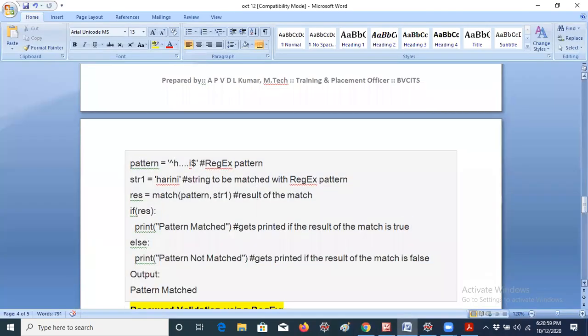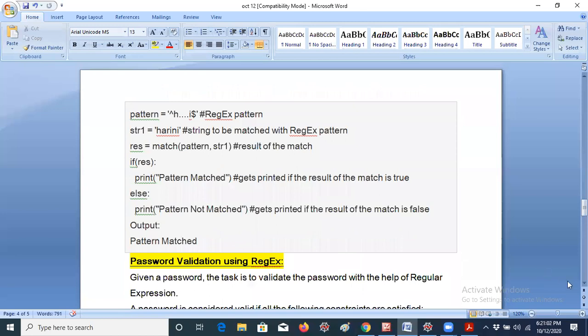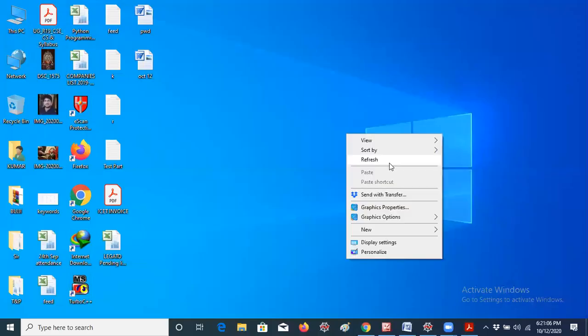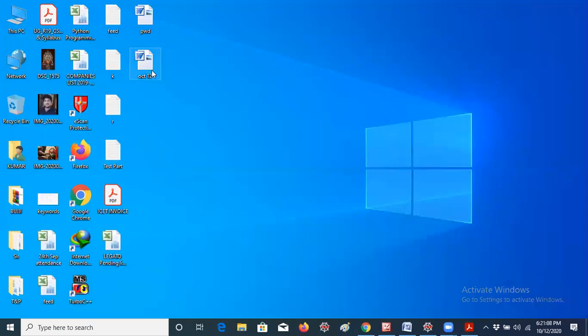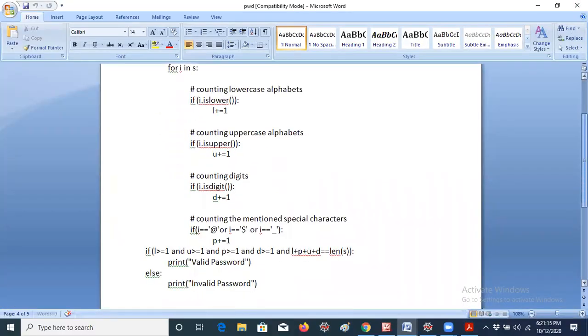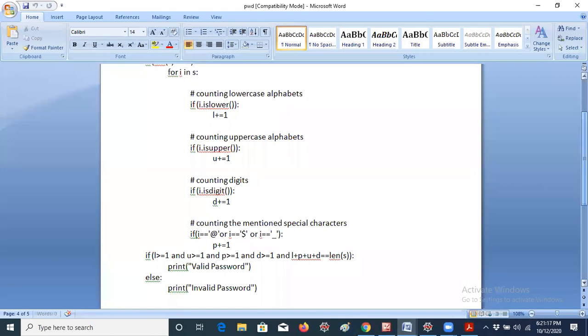So now the pattern match will be displayed like this. Now I am using password validation. I think I already completed it, right? So let me use password validation. When I was discussing string methods, I gave this example already. Everybody, please remember this concept or not? Let me give clarity for counting the alphabets, lowercase letters, uppercase letters, special characters. I have already explained this concept. Okay, this is a real-time example, you know.